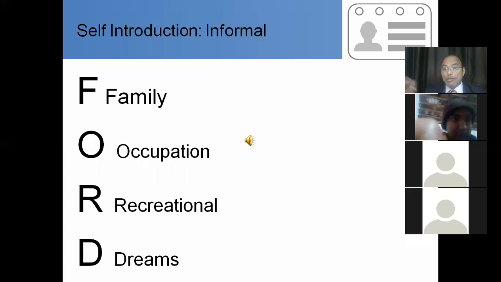You can talk about your current status. If you are doing some course, you can say that I am doing such and such course from such and such university. Then recreationals means hobbies. Then you talk about your hobbies, and after that you relate to your dreams. You talk about your goals, your objectives of life. So this is how you can,